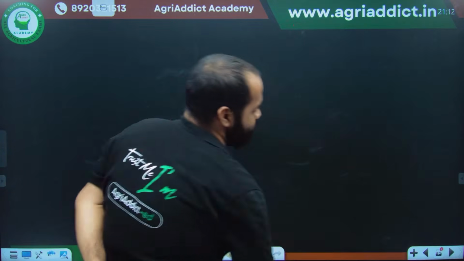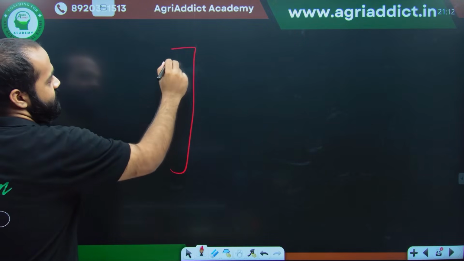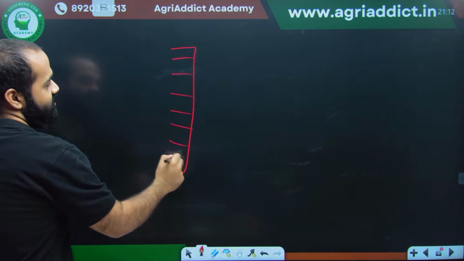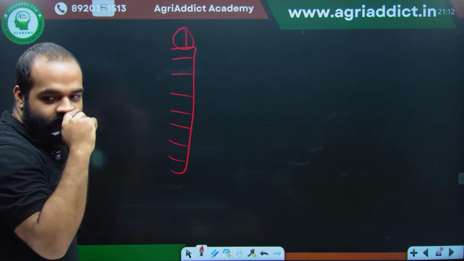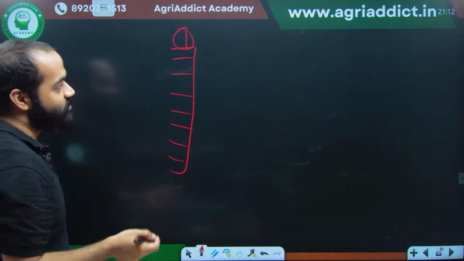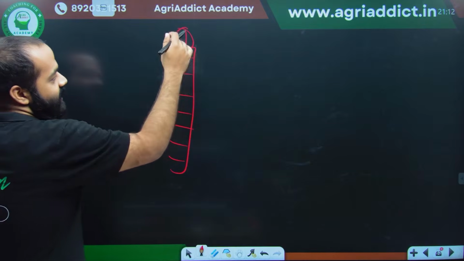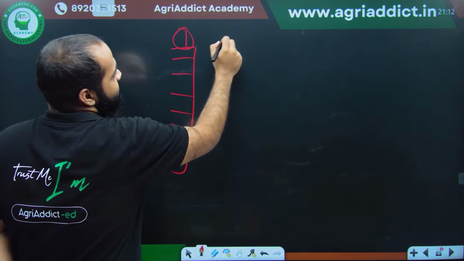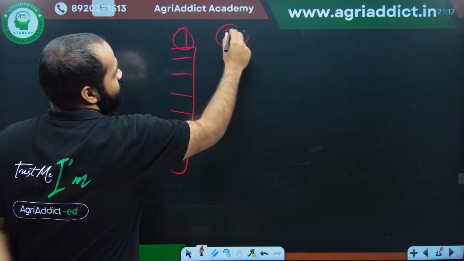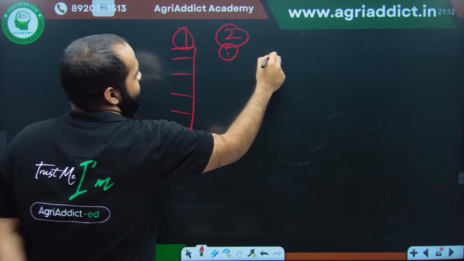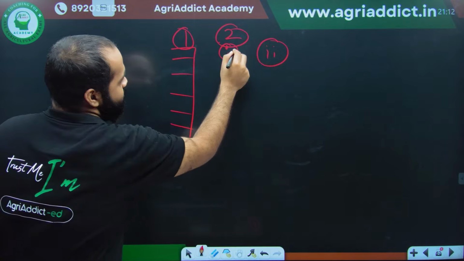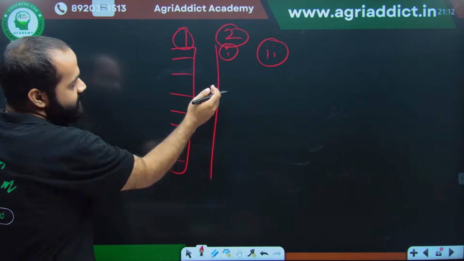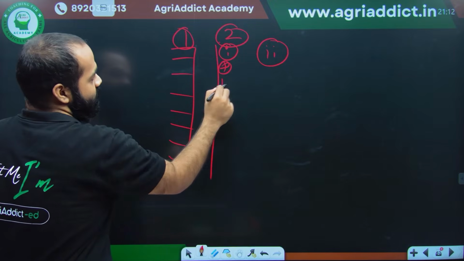Then who came? Then finally Stern theory came. Stern theory is nothing but the combination of the previous two theories, which told that this is the first layer, and the second layer has two subdivisions, 1 and 2. In one, the ions that are very near to the colloid will form a rigid